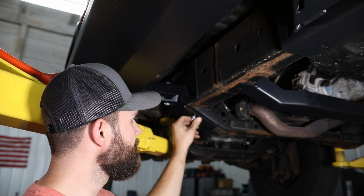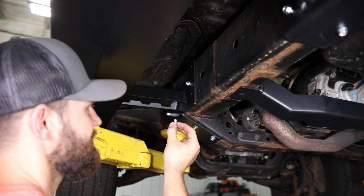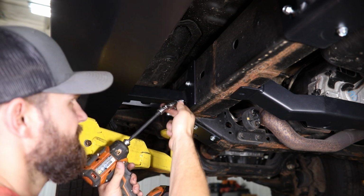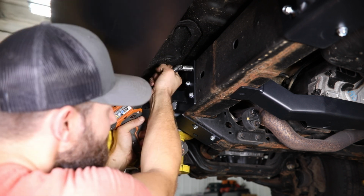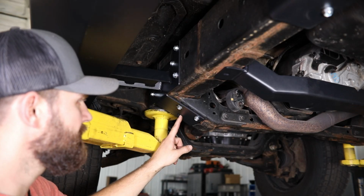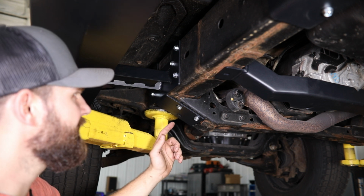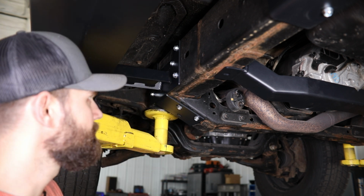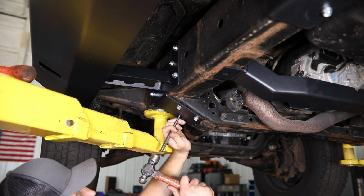in place. After that, you'll take 2 of the 3/8 self-threading bolts and install these into the 2 rearwardmost holes on this front mount. After that, using your bracket as a guide, you'll need to drill a 5/16 hole here, as well as the empty hole on your rear slider leg, so that you can use another 3/8 self-threading bolt to secure that bracket in place. So for that, I'm just going to come right to the center of this hole, mark it with a center punch,